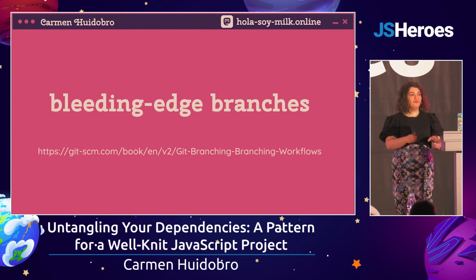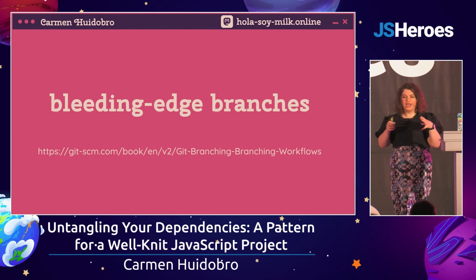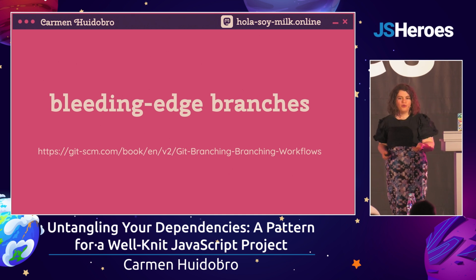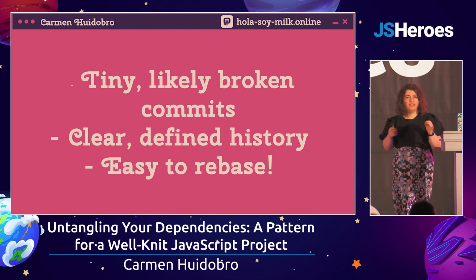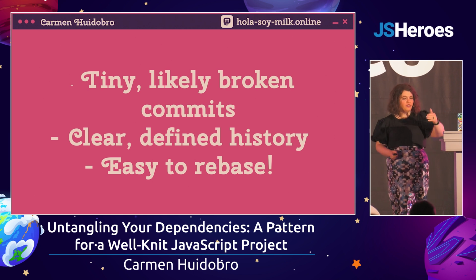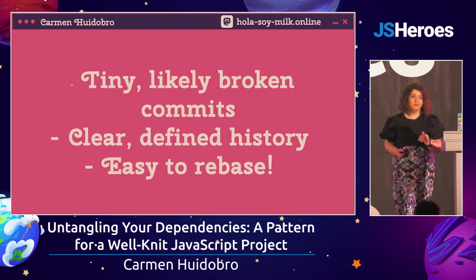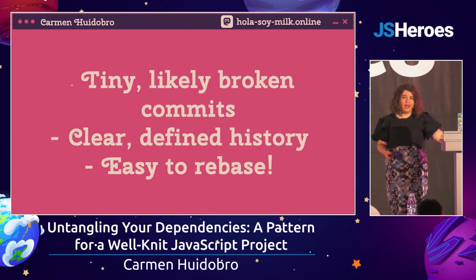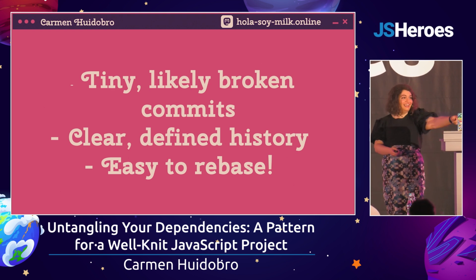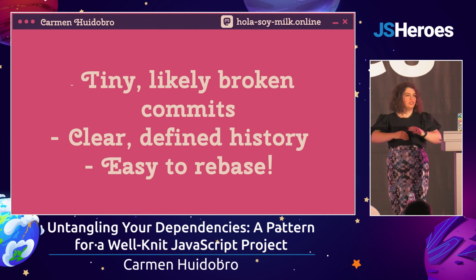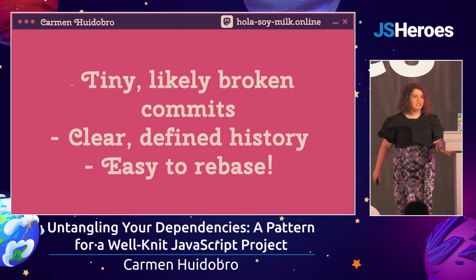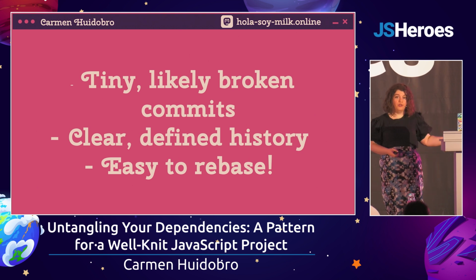I love bleeding edge branches because they allow me to have a sandbox, scratch pad branch where I can experiment with things like dependency upgrades, which I can then have little, likely broken, tiny commits in, with a clear defined history of how I'm going around fixing problems. And look, maybe I'm a weirdo, I like rebasing. It's easy to rebase this way because then you go clean up what you need, merge, squash, all that good stuff. I find this a really helpful workflow, and I recommend it if you all want to use it.